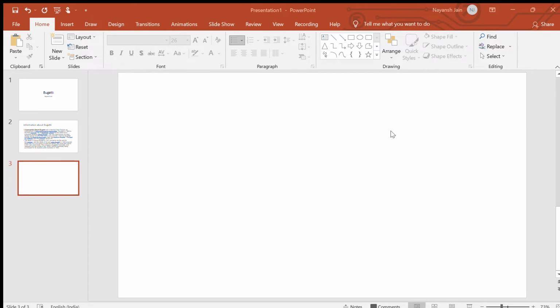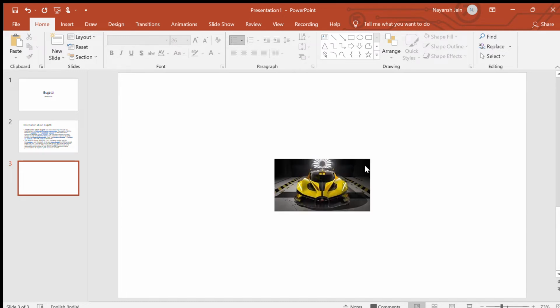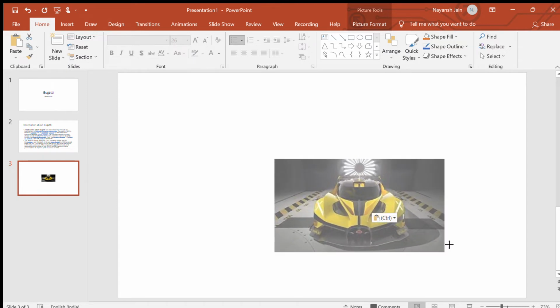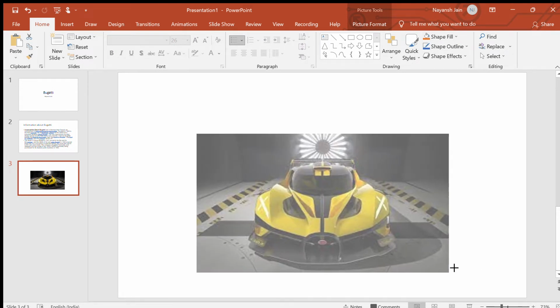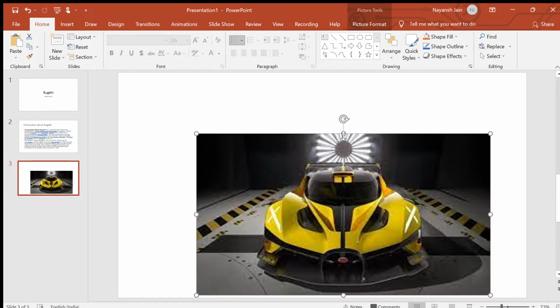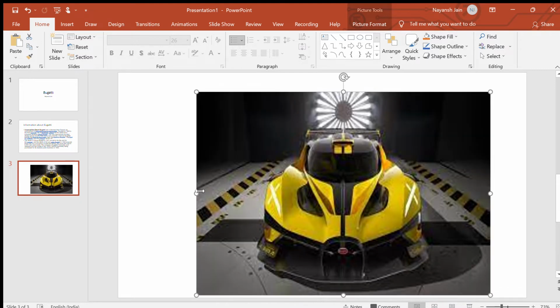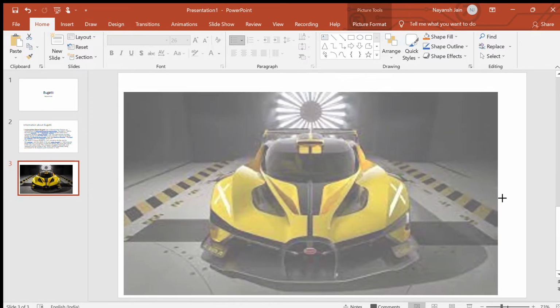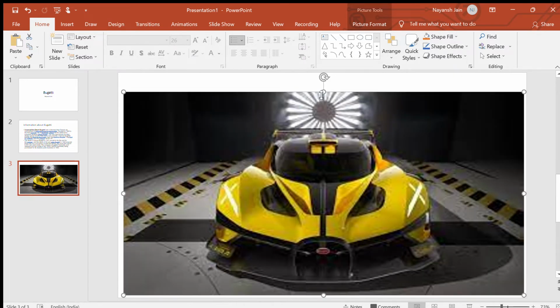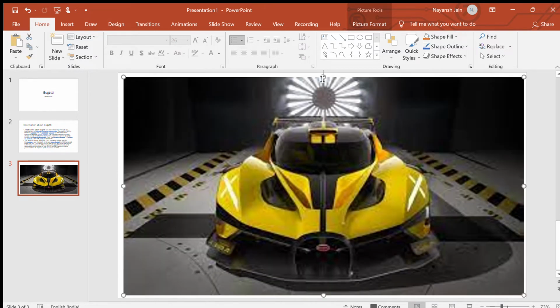So let's go to copy image and then go to the presentation, and then go to here, right click and you can paste it. You need to maximize this, so you can do it by this. See, I have maximized it and now I've done it from all sides. So now I think my presentation is done from here.